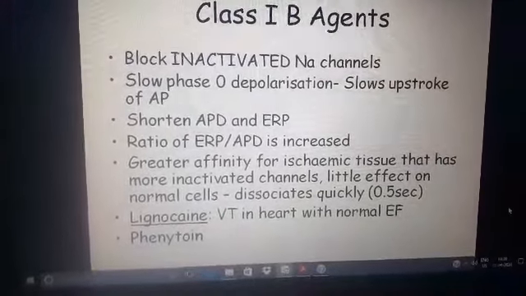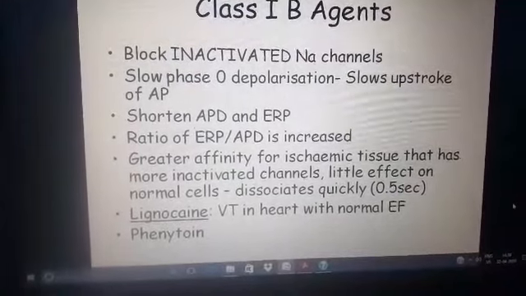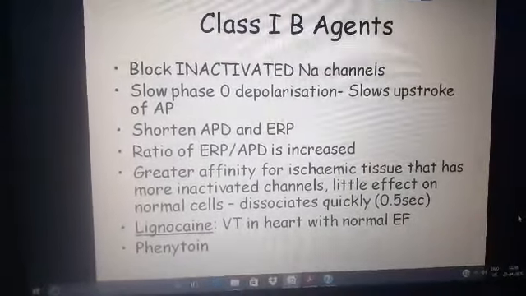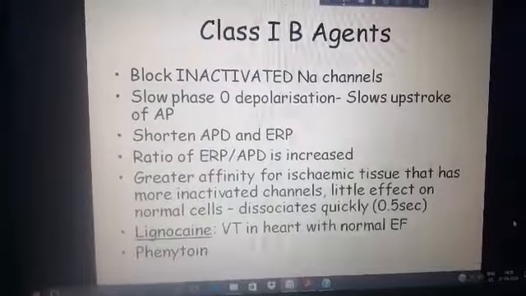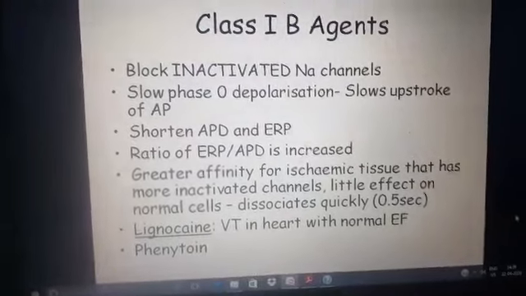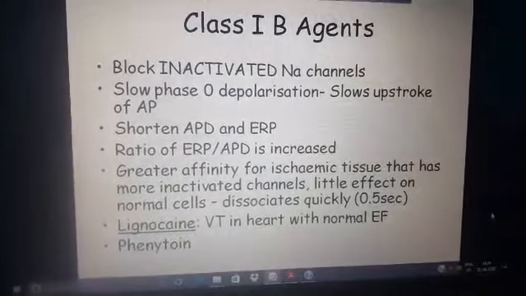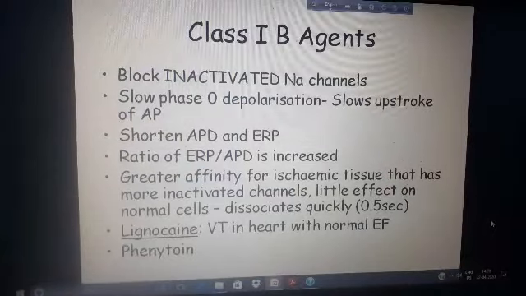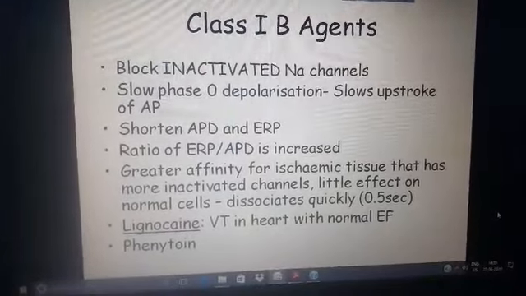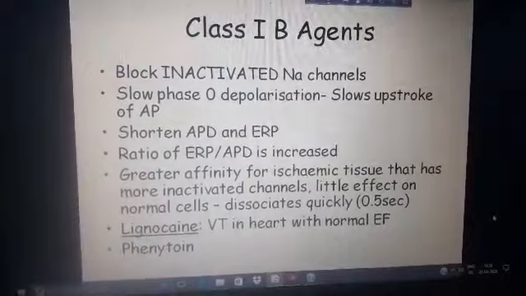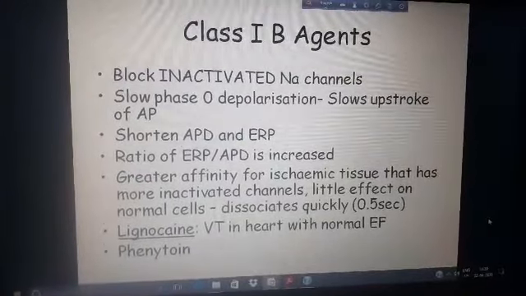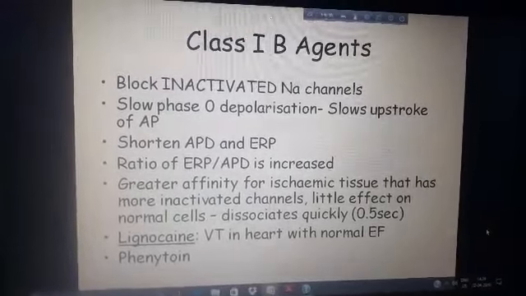And there is greater affinity for the ischemic tissue that has more inactivated channels. So class 1A mainly acts on the activated sodium channel, class 1B mainly acts on the inactivated sodium channel, and this is present mainly in the ischemic tissue, with little effect on the normal cell, and this dissociates very quickly. So lignocaine acts for a very short time, and remember it is useful for the